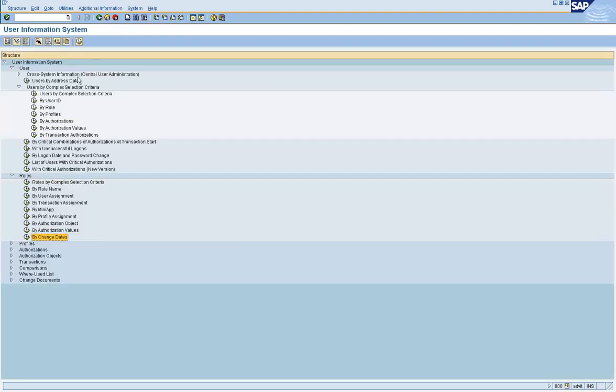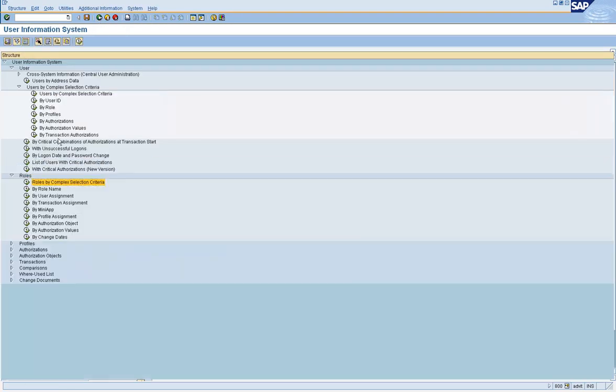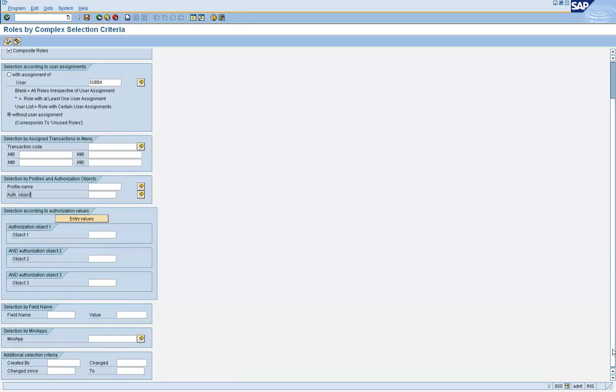Okay. Let's go to roles by complex selection criteria now. So it's the same thing. Whatever options you see here, they're all within this: without user assignment, by transaction, by profile, by objects, changed dates.